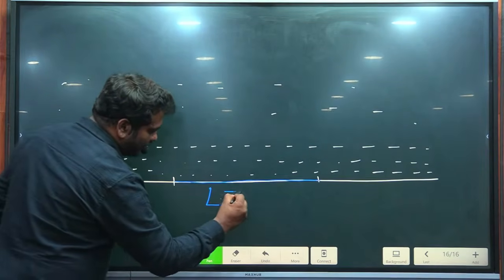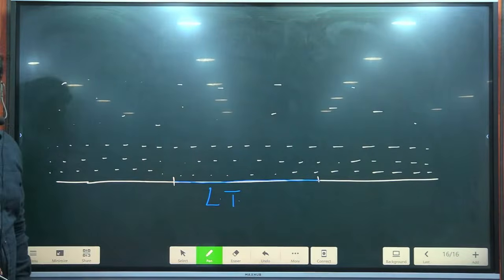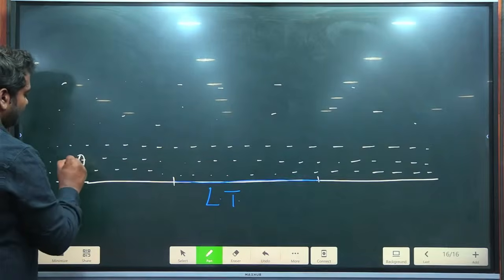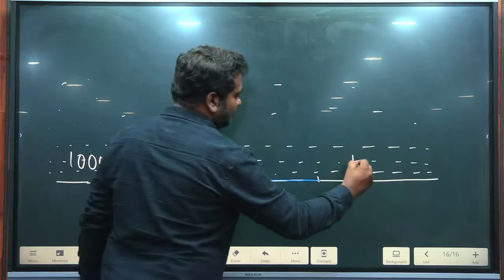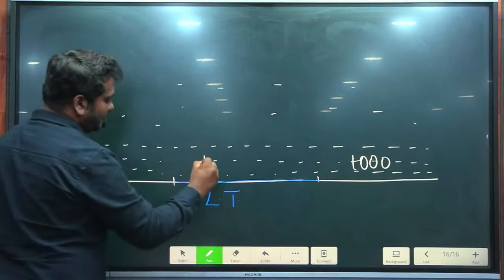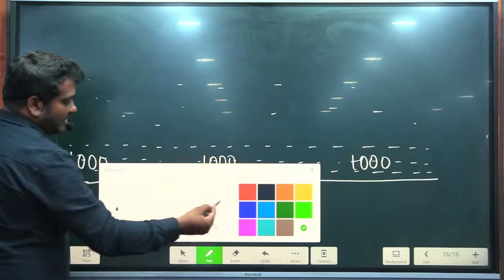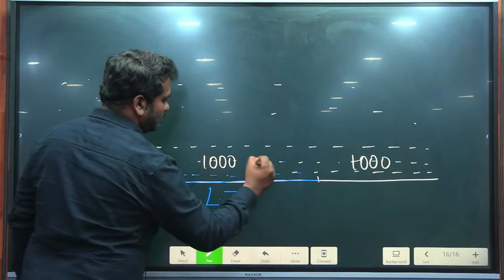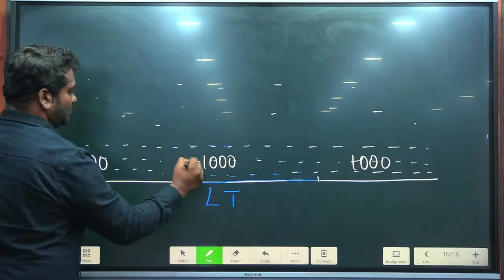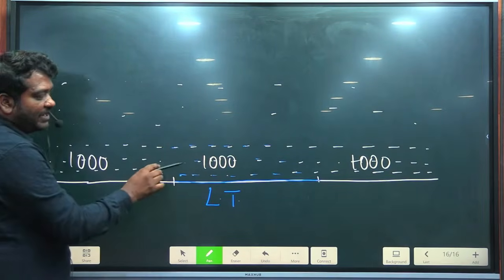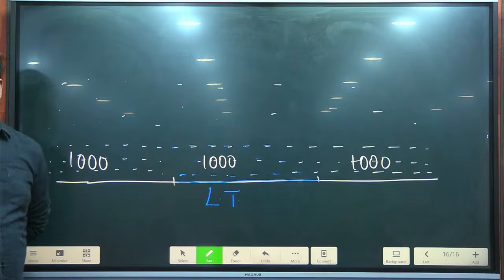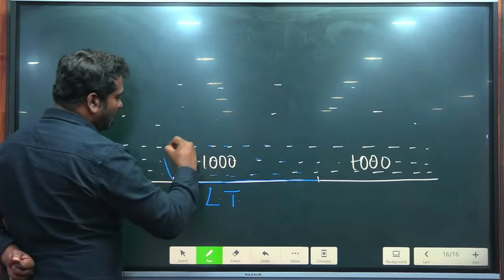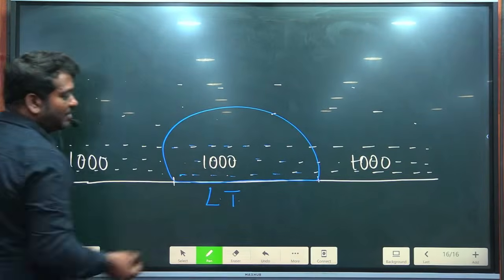Now, you tell me low temperature is there. What will happen? Let us say how many particles everywhere? 1000. Okay. Now, can I say air gets cooler? Why is air getting cooler? Can I say it is because of external cooling? So when there is external cooling, air gets cooler. Let me say all this area became cool.